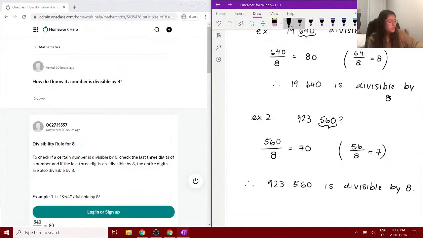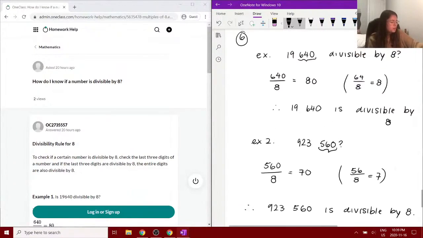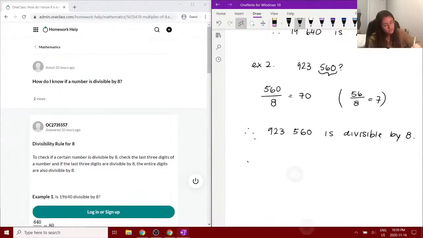All right. And let's go through one last example. We have 8,748,562. We want to know if that's also divisible. Well, taking our 562 divided by 8, well,